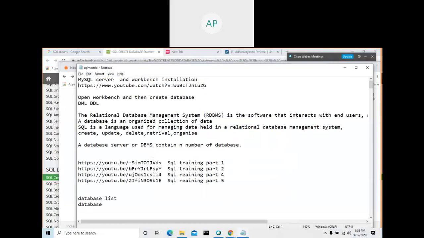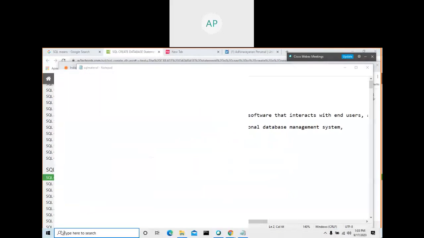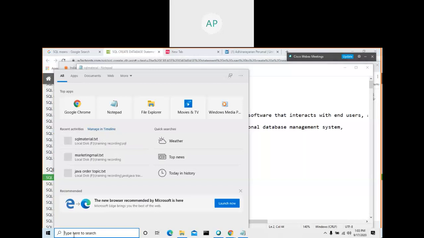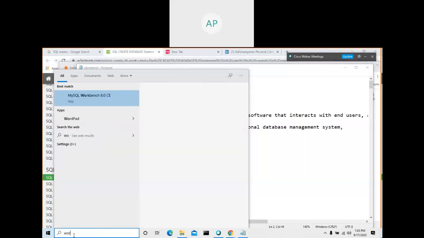Once you have installed your MySQL server and Workbench by watching this video, come to Windows. In the Windows search bar, type Workbench. See here, MySQL Workbench 8.0. Double click this one.